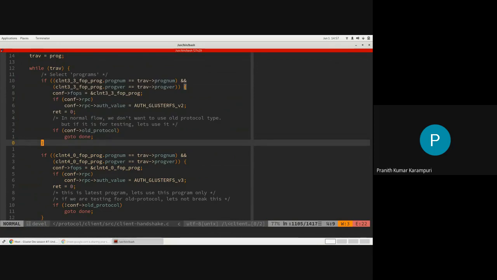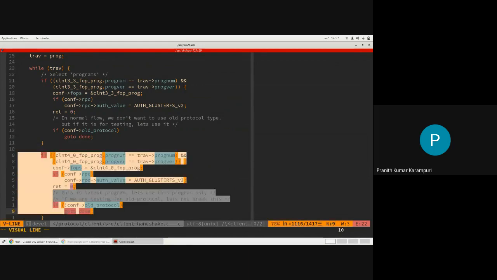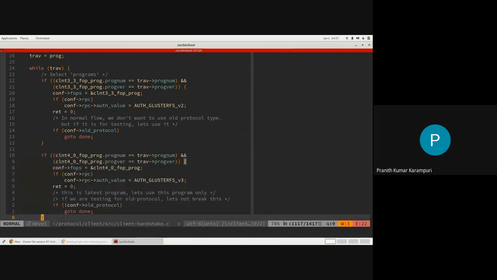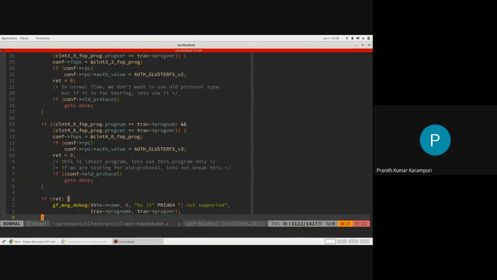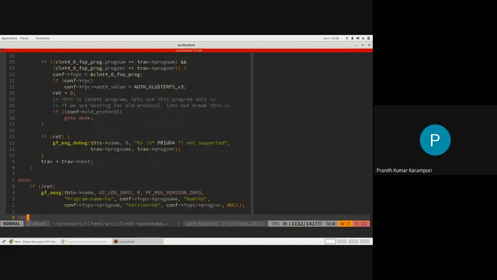That will be there for all of the older ones also. The newer ones will have all the servers that are after 4.x. Even the authorization related information like the auth values will be different. This is not an old protocol.